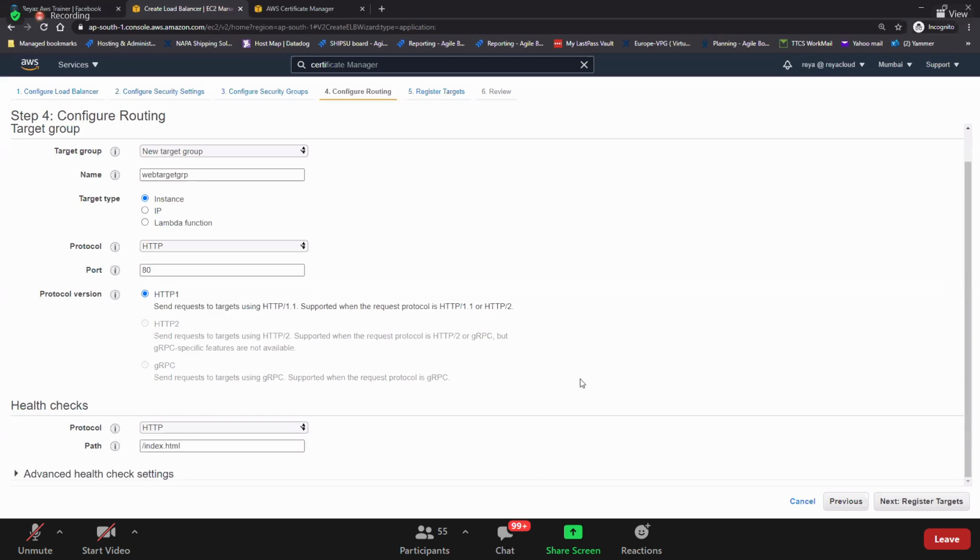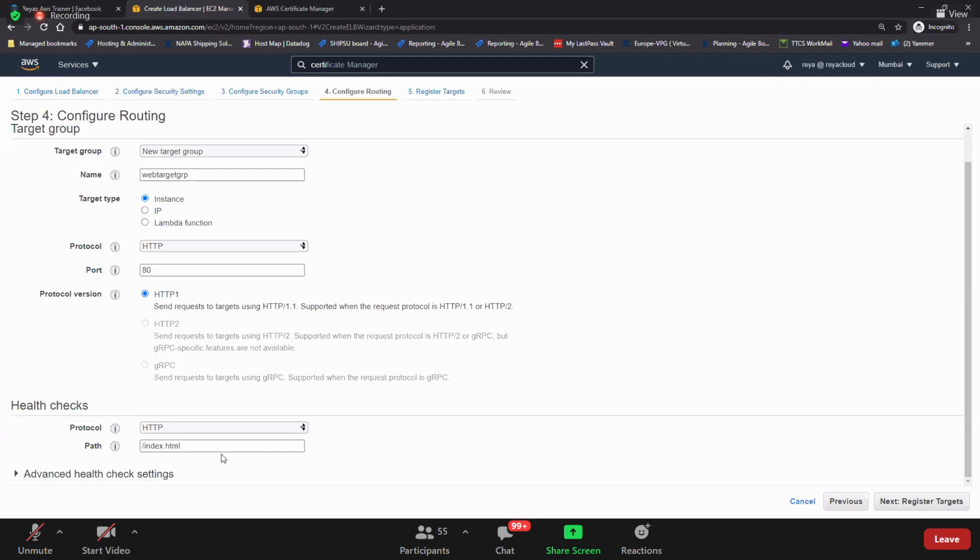The load balancer doesn't need to check index.html all the time, guys. The load balancer will keep on checking, hey, index.html, are you there or not? There or not? There or not? You can give another link also. If index.html is used by the customers, it will be double used by the load balancer for this checking purpose.